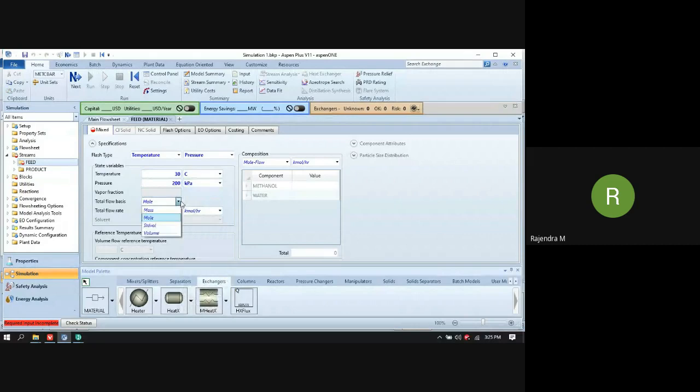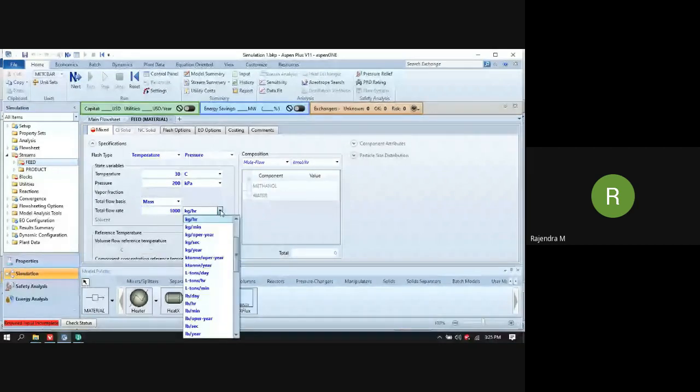And either you can provide mass flow rate, molar flow rate, standard volume, and the volume in general. Usually it is used for the liquid. Okay. So let us specify only the mass flow rate. So it is 1000 kg per hour. You can change the unit over here in terms of pound, tons, etc.